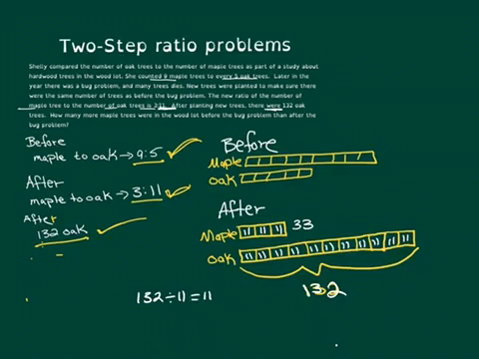But my question is asking how many maple trees were in the woodlot before the bug problem. So the question is, how do I figure out what are the number of maple trees and oak trees before the bug problem? Well, the key comes in